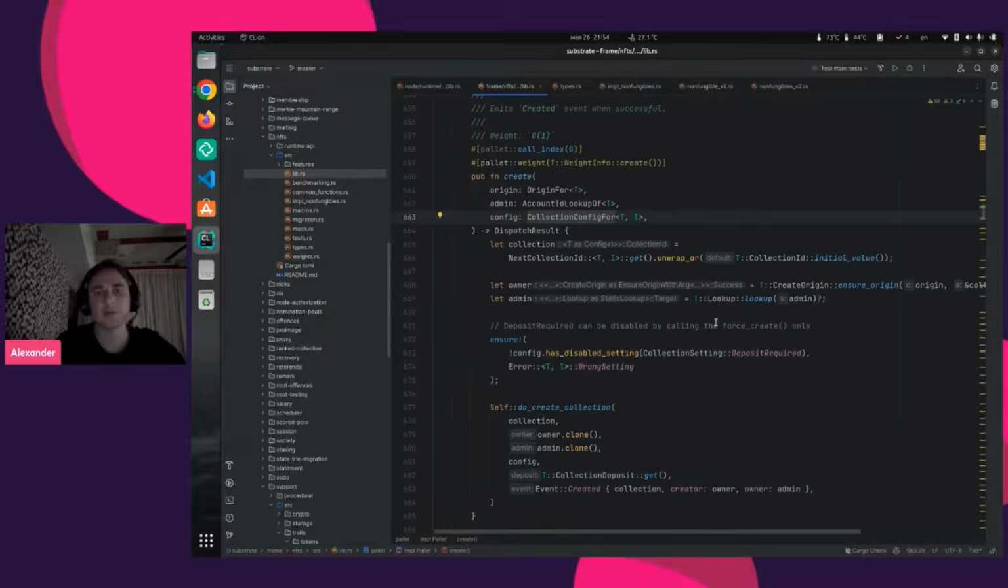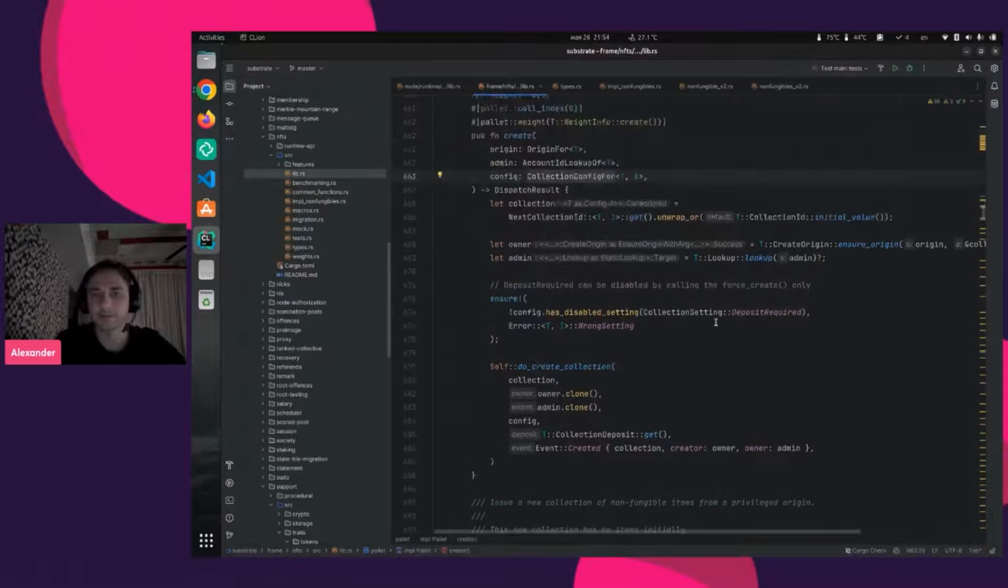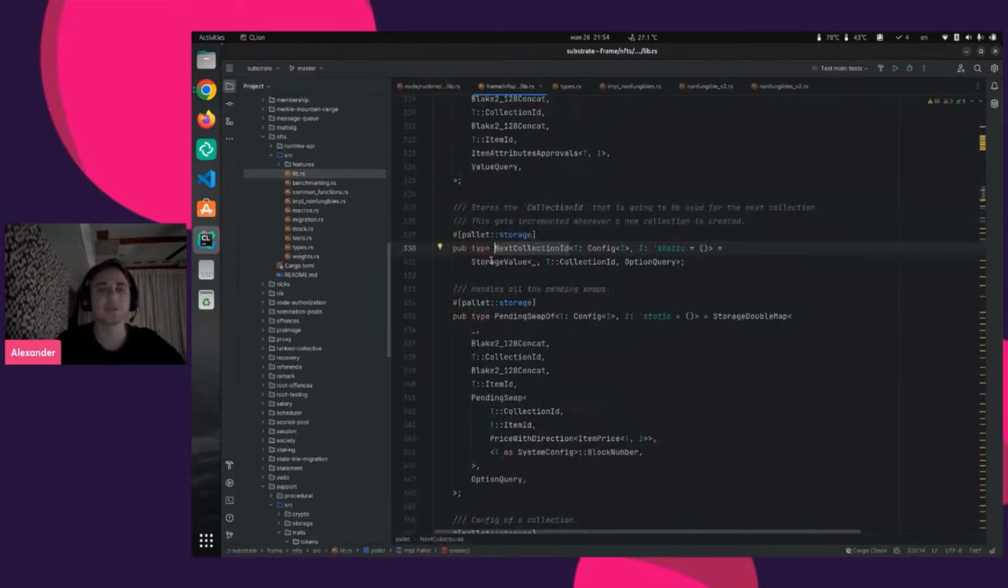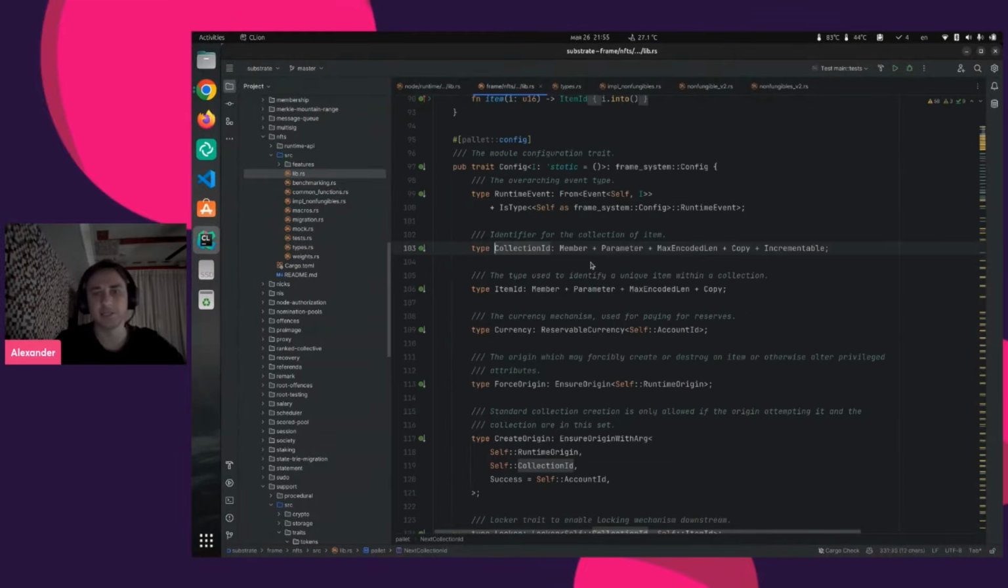Now going back, like the guys already said, the collection ID doesn't come from the arguments, but we pre-calculate it for you. Here's how it happens. We have a next collection ID. This is a storage value. And the type of this value is the collection ID specified in the configuration. And along with the common traits,